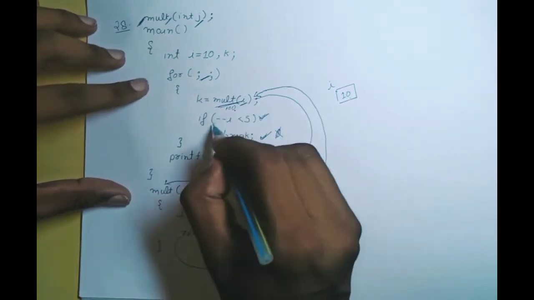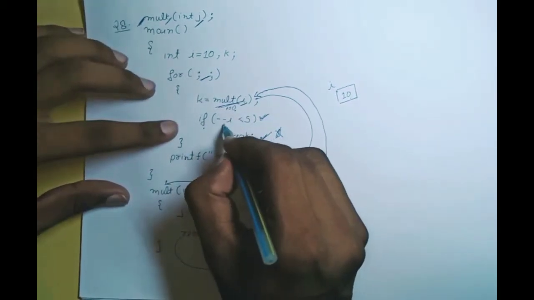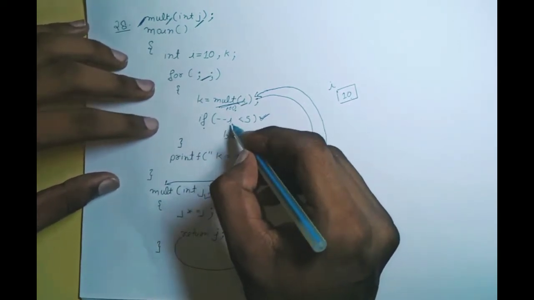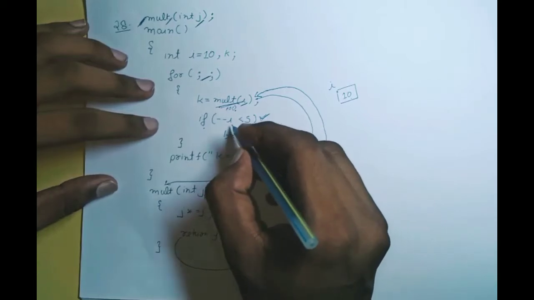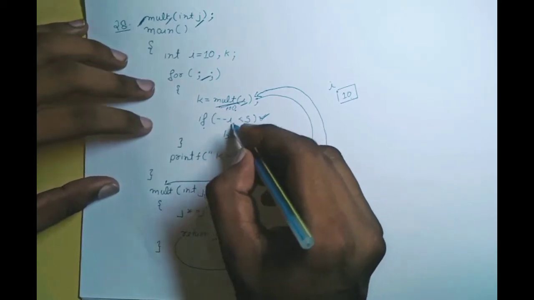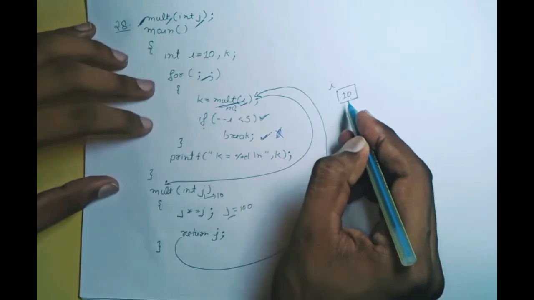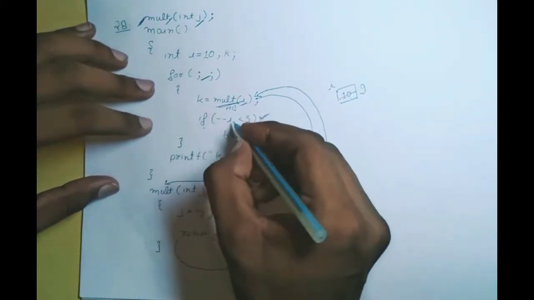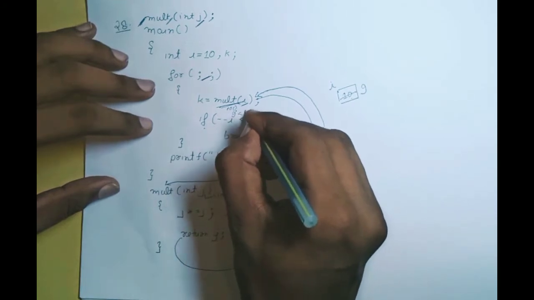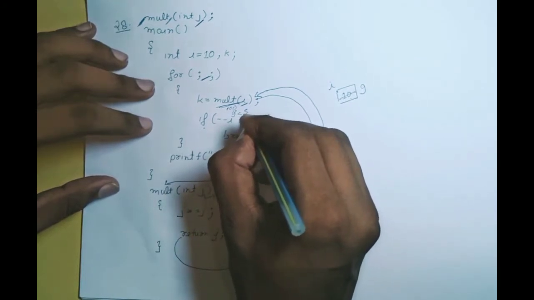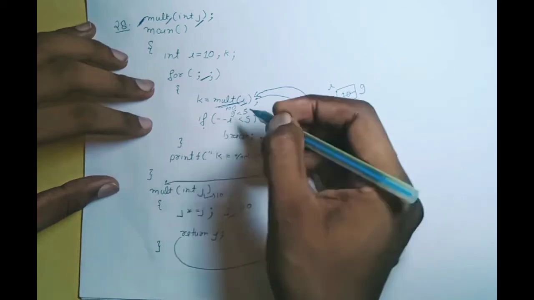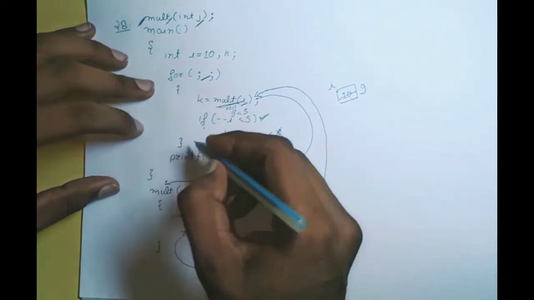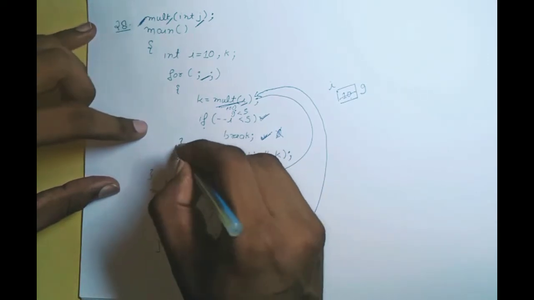We come to this line, and we can see there is a pre-decrement operator applied on the variable I, which means the value of I is first decreased by 1, then it is used, so 9 is less than 5. Which is not true, so the break statement doesn't execute and the control comes here.